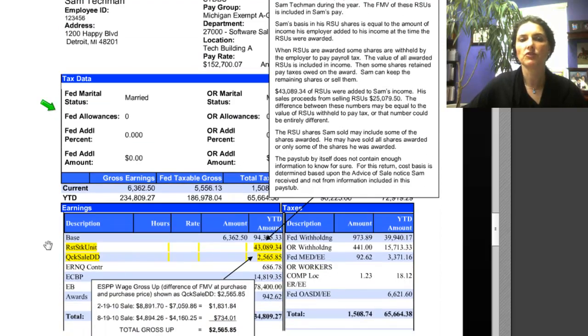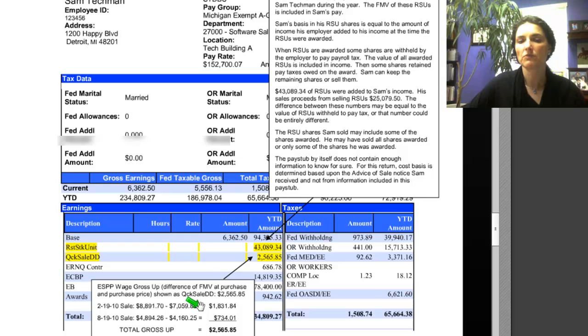We can see there's some restricted stock units. Well, that would be the RSUs. We also have the quick sale, and that totals $25.65.85. Let's look at the quick sale first. The ESPP wage gross up, the difference between the fair market value at purchase and the purchase price, is totaling $25.65.85. Is that correct? Well, go back to the two earlier pages and look at those advice of exercises and the